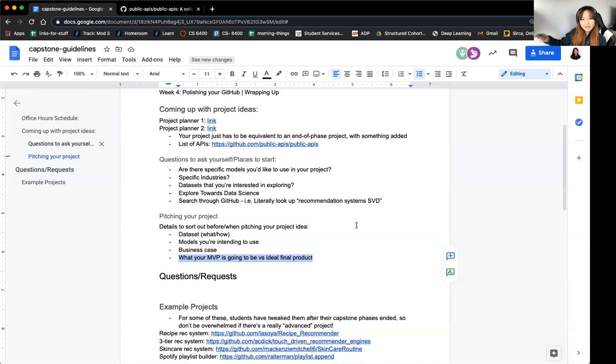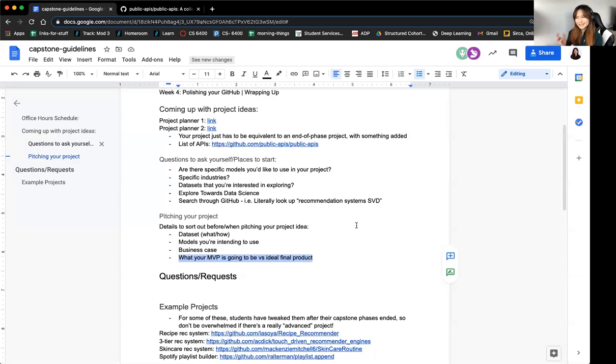Just in case you're working on a bunch of different things at the same time, like let's say your project has three different components. If you're working on all three components at the same time, if one of them doesn't work, it's usually harder to get yourself reorganized. So usually I tell people to scope down your project to one product first, a minimum viable product. The keyword is viable. And then when you're done with that, you can build on the rest of it.